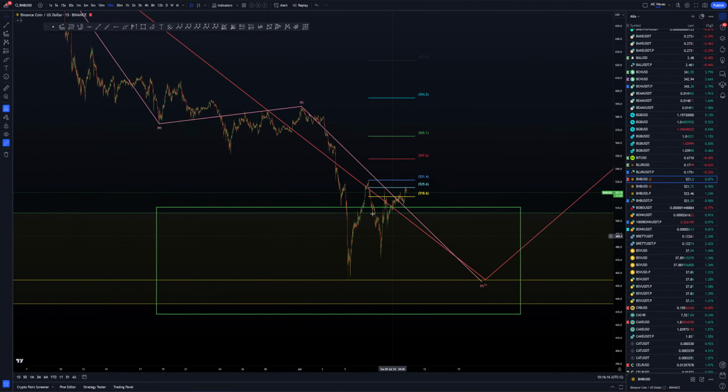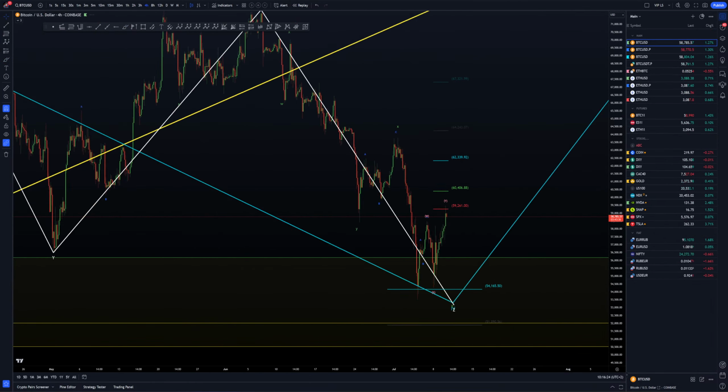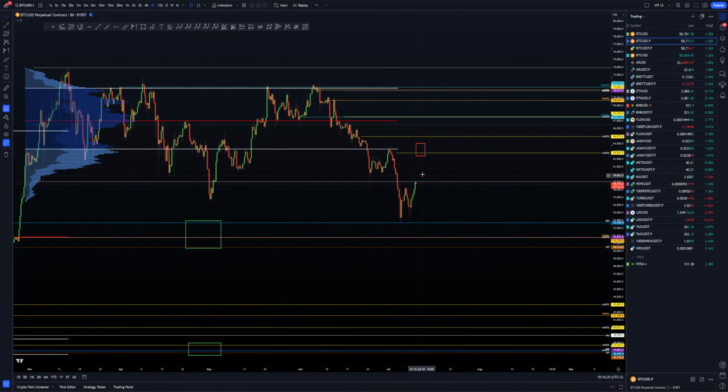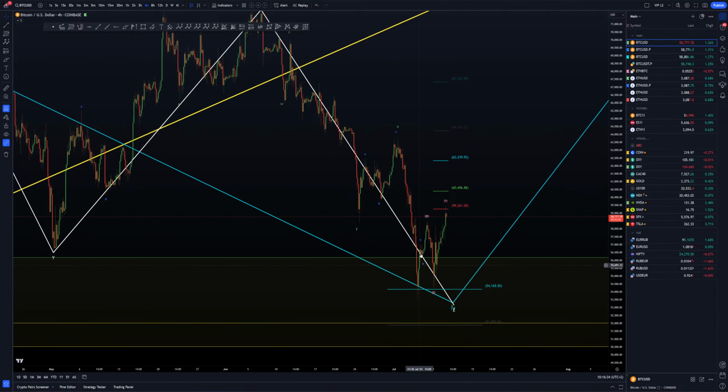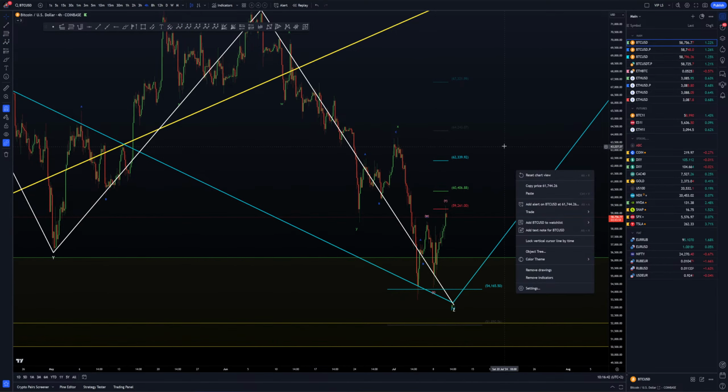But yeah, so BNB here, I'm gonna take simply a triple wave like this. Okay, so ABC zigzag with the bull XY, we don't really care. Same as for Bitcoin. And if, as I said before, we manage to reclaim that range bottom, get acceptance above, I'm gonna take an impulse here and count this as 5 waves, and same on Bitcoin, and not an ABC zigzag first of all. So here basically that will be wave 1, 2, 3, 4, 5. Okay, but I really struggle to count the first move up as 5 waves,